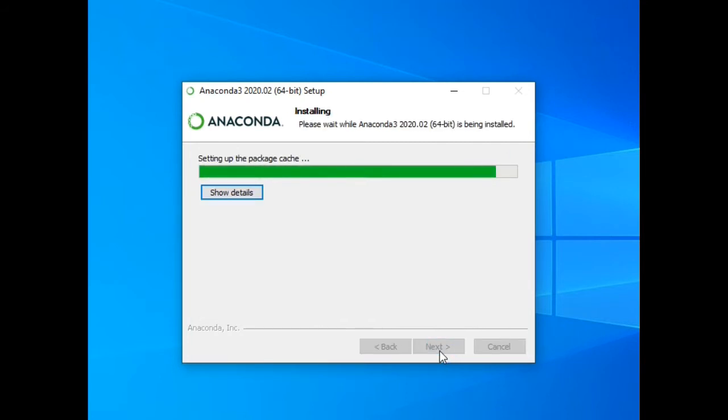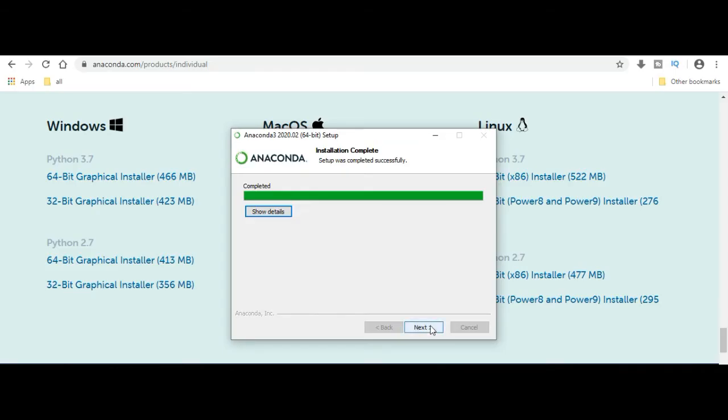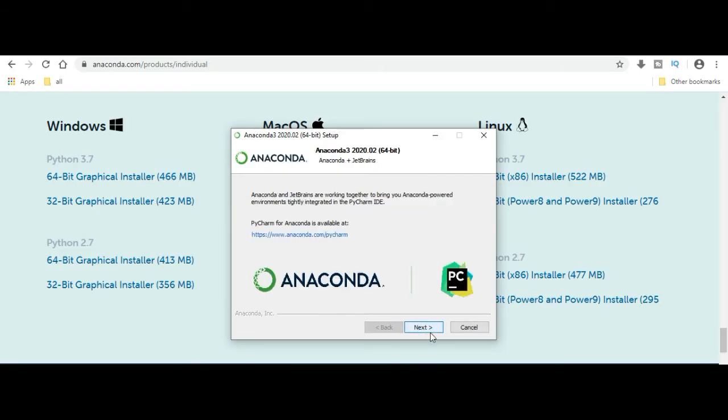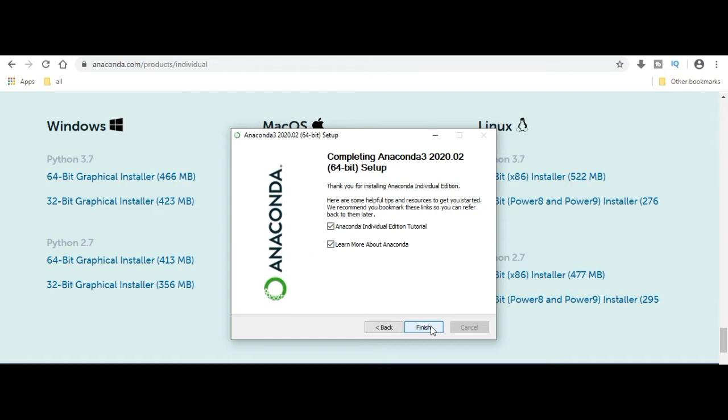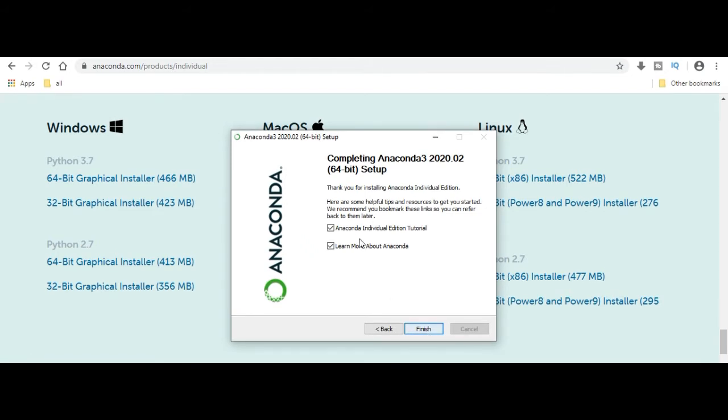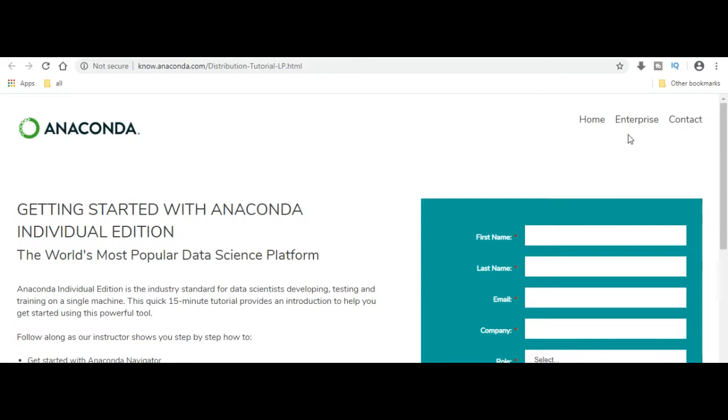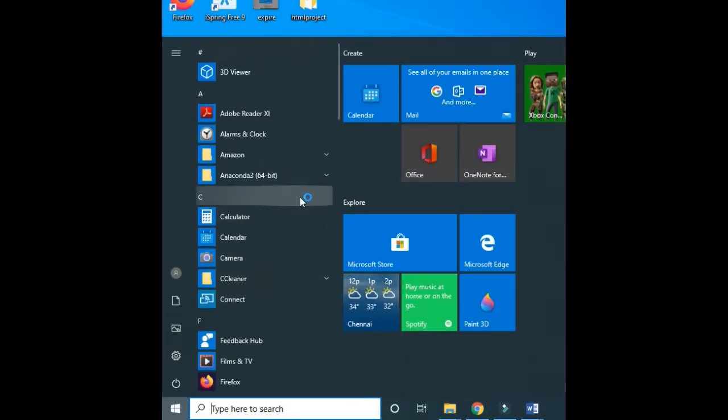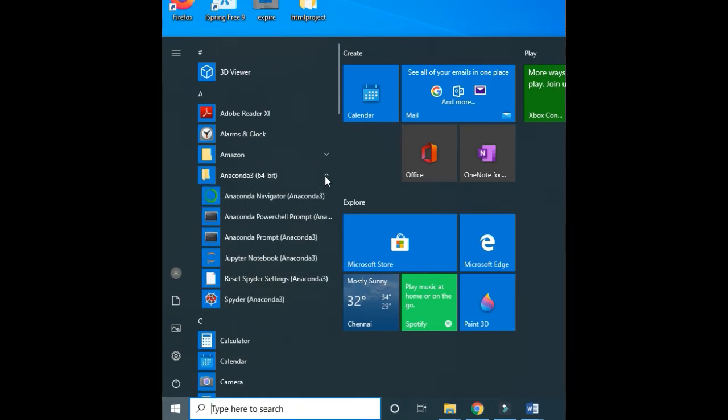Once the installation is complete, you can click on next to complete the installation. So click on finish to complete the installation. So now your Anaconda distribution is ready for use. If you want to open Anaconda, you can click on start. You can see the below apps under the Anaconda 3 version.